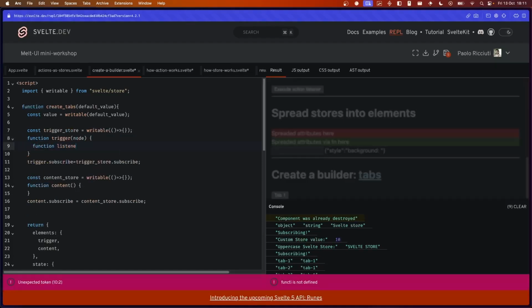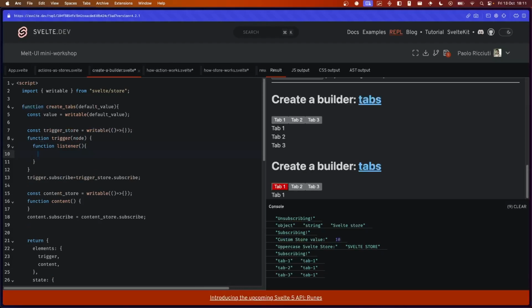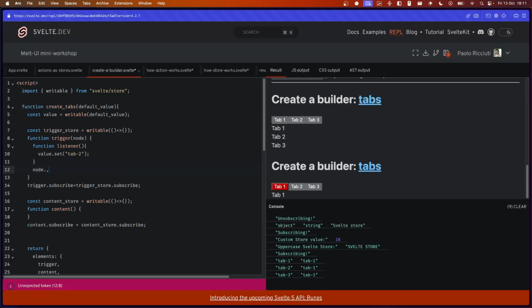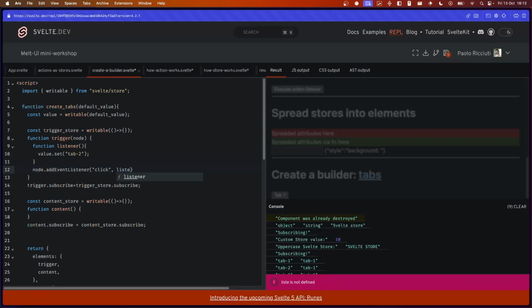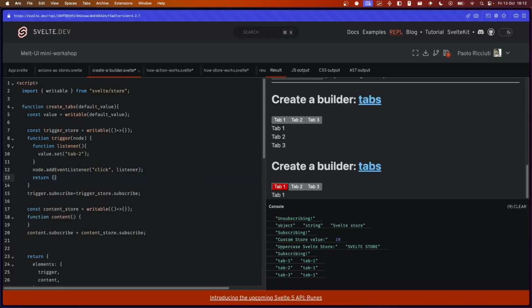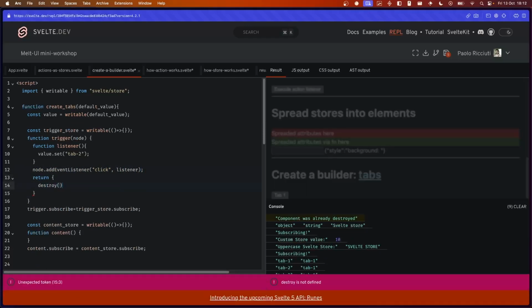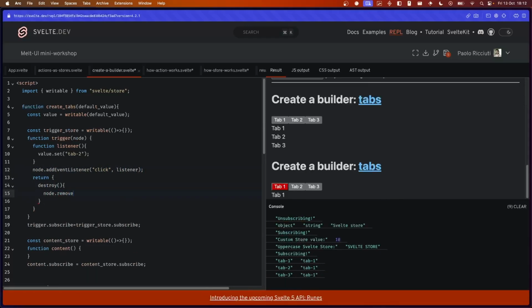And so what we can do is create a listener. So function listener. And what do we want to do? This will be the click listener. Whenever I click here, I want to change this value. This is a writable, so I can do value.set. Let's say that I will change this to a value of tab 2, always. I can register this with node.addEventListener, click, and I will register this listener. And obviously I want to clean up things. So return destroy, and whenever this gets destroyed, I want node.removeEventListener, click,